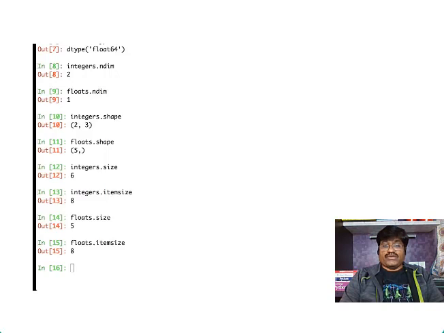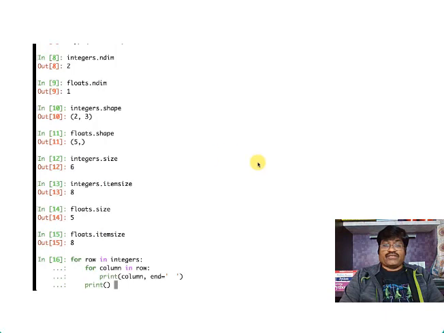I just also want to show you briefly that we can iterate through arrays just like we can iterate through lists. Let me paste in a snippet here first, and then we will execute it in a moment. Here we have a nested for loop that is going to walk through the integers array. For each row in the integers array, we are then going to iterate through every column within that row, and for each item that we are dealing with, we are going to display the column's value followed by a couple